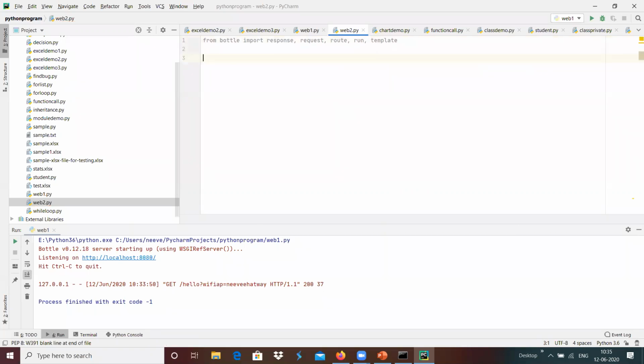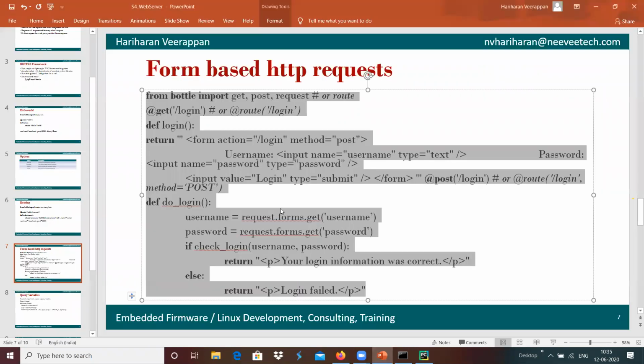Once we have imported, we can use the different functions. I wanted to do a login, to get login information, so get login, and we will use post login to post our username and password.